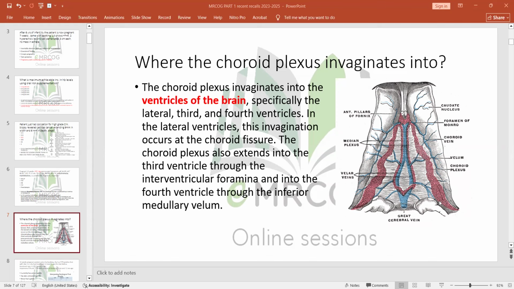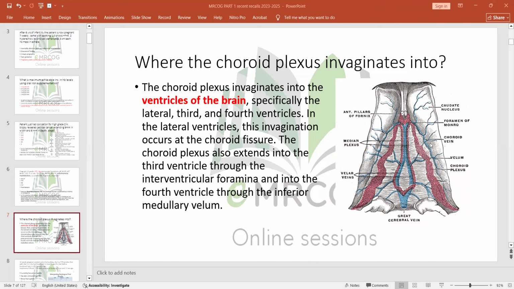So if they ask you, where is the choroid plexus? And you need to answer, I would choose ventricles. I would choose the brain tissue. I would choose choroid fissure. I would choose, which is not very specific, something between the brain itself and the pia mater. Okay, I would say fine. But anything above this level is totally wrong. Totally wrong.